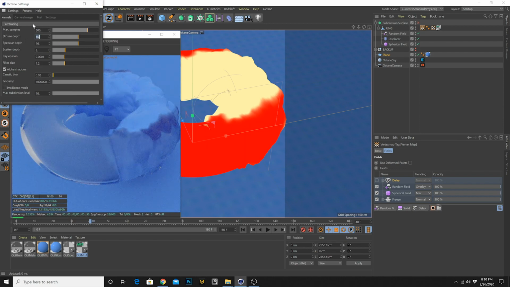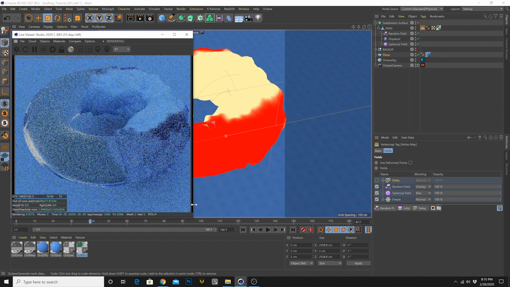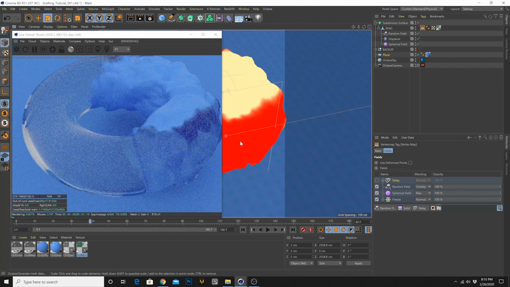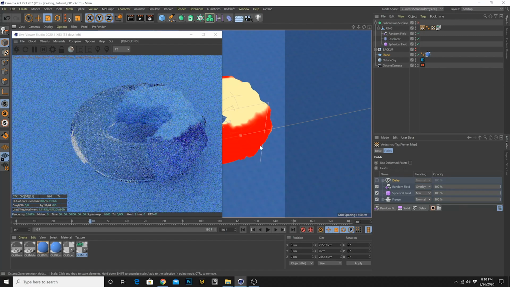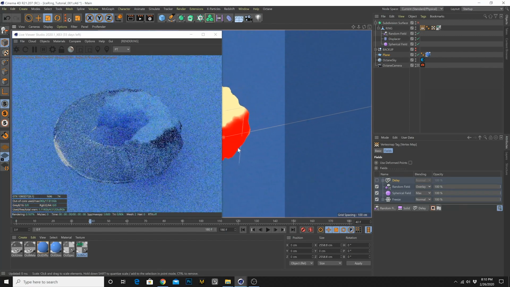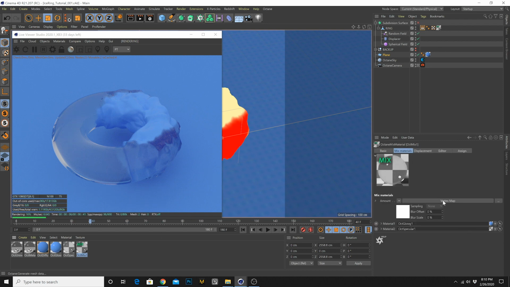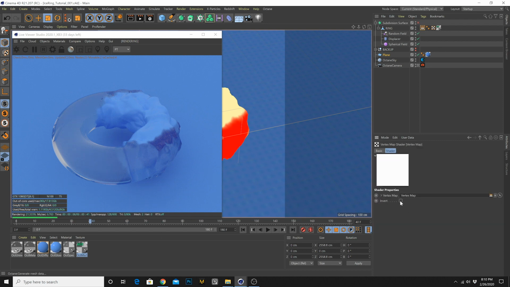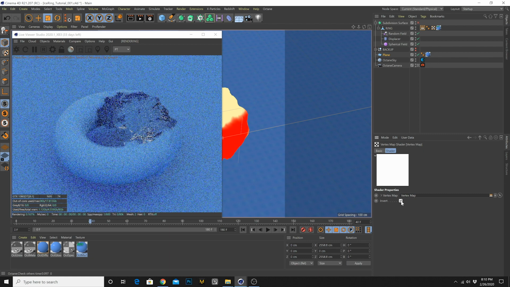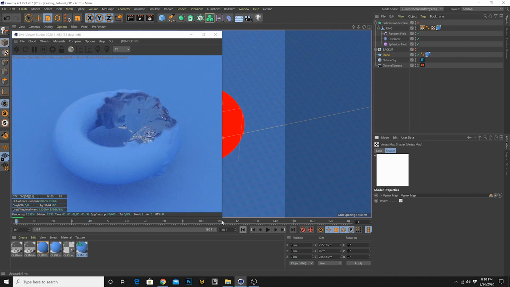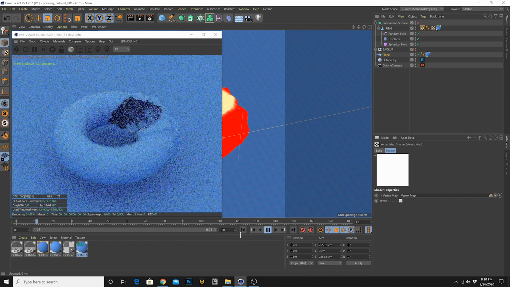Turn this down to an acceptable number of samples. Expand this area just a little bit. Zoom out so we can see it a little bit better. There we go. So we're nearly there. Let's flip these textures. This is the main thing, but you can just click invert over here. And there we go. So now it starts on the blue material and uses the Vertex map to create the